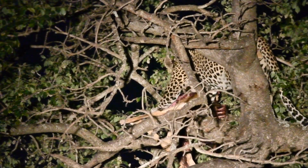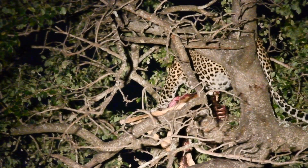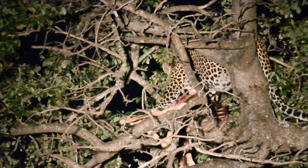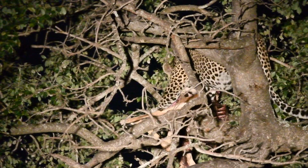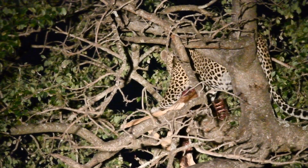So after about an hour of waiting, we've finally been able to get a good view of this leopard. We sat patiently for about 45 minutes at about 400 meters from him. I had to use my 600mm lens just to at least get a decent shot of him from that distance, but we waited patiently. He came up the tree, and then our plan was to wait for this leopard to